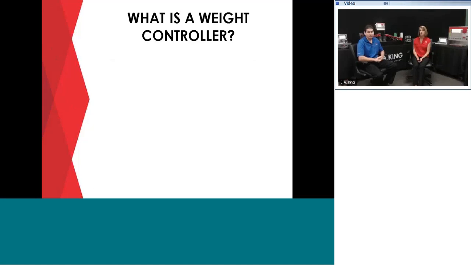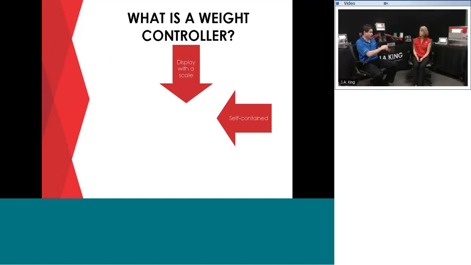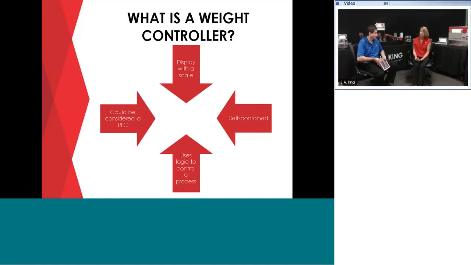Okay. Well, let's contrast this with what is a weight controller. I know most of my customers think that a weight controller is just the display that comes with a scale. Correct, and this is a similar one that most people are used to. It's just a display. Most of the time the data goes into a PLC, or they just look at it to fill a tote or fill a bucket. Here's another basic indicator. So they're self-contained, they've got a display. What I think is interesting is they actually use logic to control the process, and so therefore they could really